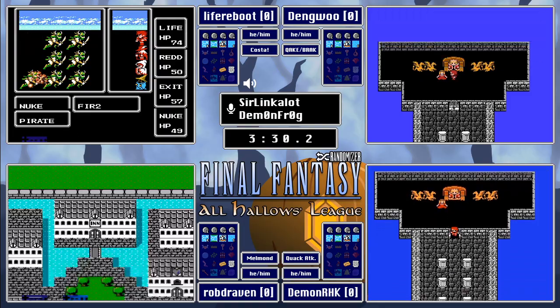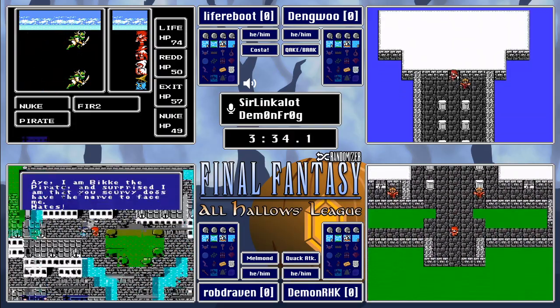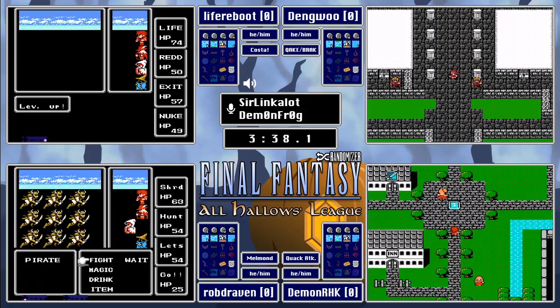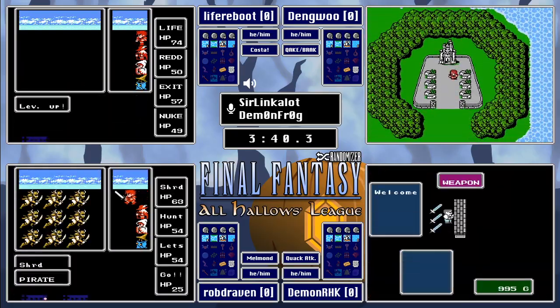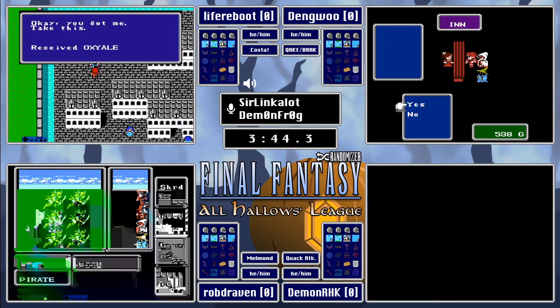Well, Life Reboot and Rob Draven have white mages, so that really, Life 2 and Fade, kind of unfortunate they share the same level, but that means your white mage can be doing a lot of damage too. So, GG if you brought a white mage on this particular...